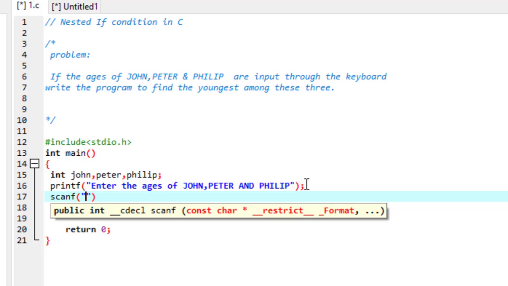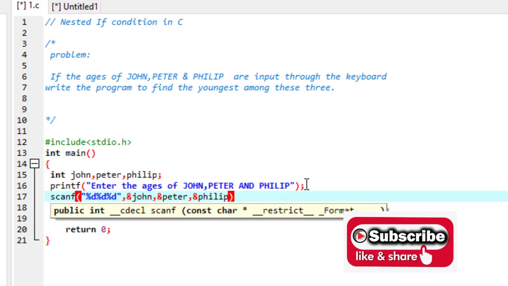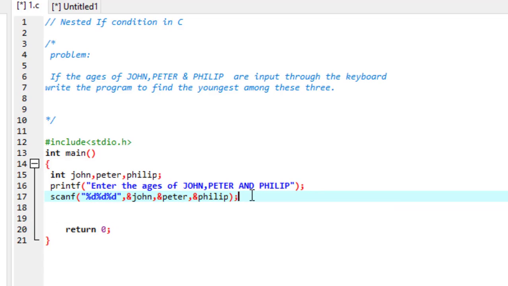So there are three people. They belong to the integer data type. Who are those three people? John, Peter and Philip. Now we have the input. Now we have the age for John, Peter and Philip. Then what is the question now? If the ages of John, Peter and Philip are input through the keyboard, write the program to find the youngest